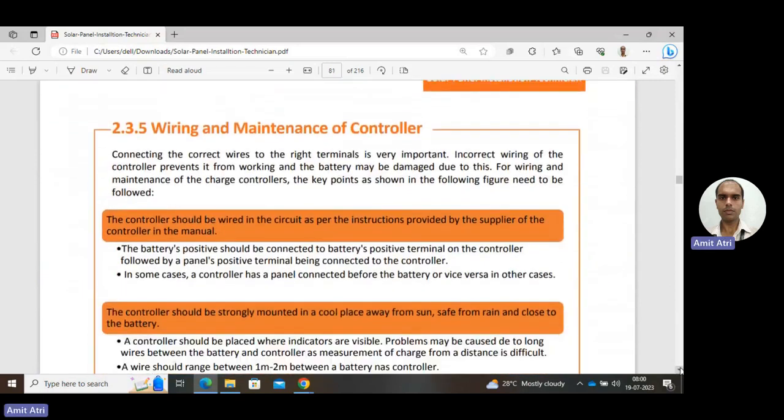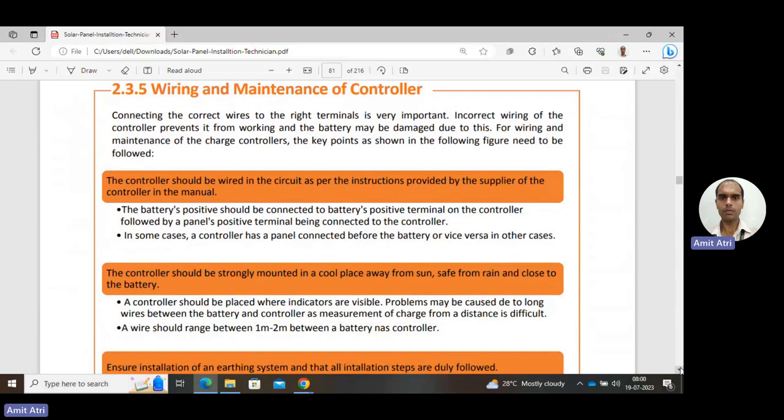The next topic is wiring and maintenance of a controller. Correct wiring is very important, because a combined controller performs both functions: charge controlling as well as discharge controlling to the load. If the wiring is not proper, the function will be affected, and it may even be damaged. The controller should be wired in the circuit as per the instructions provided by the supplier. A manual is provided by the supplier, and as per the manual we have to make the connections,